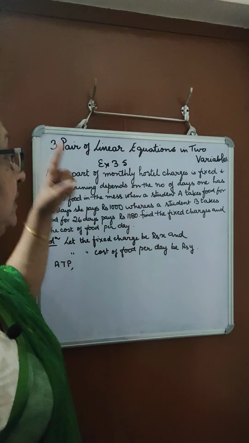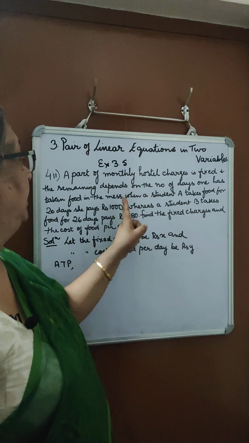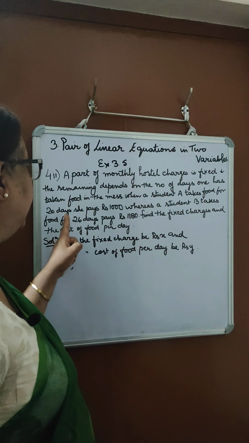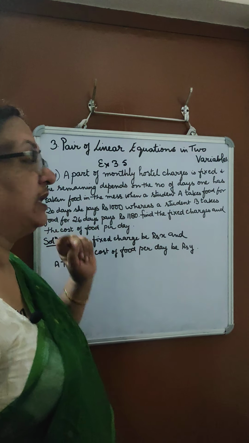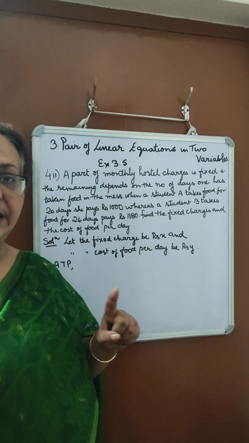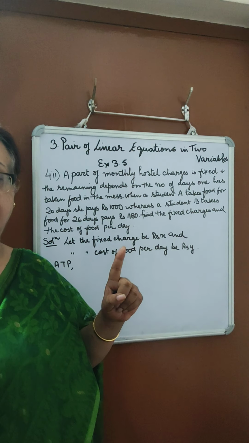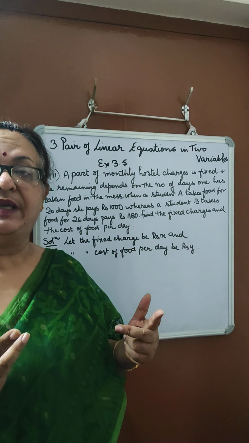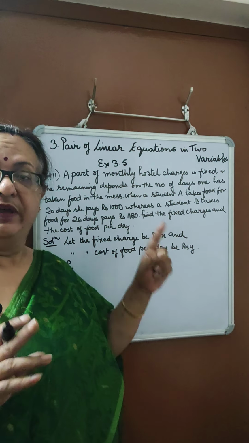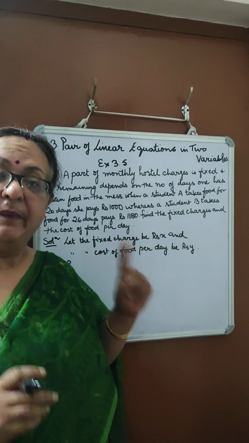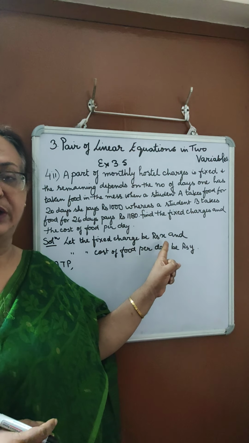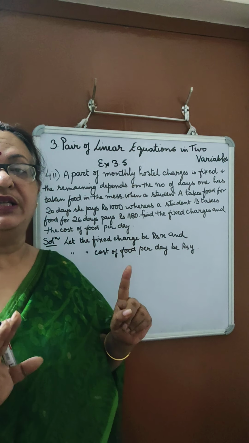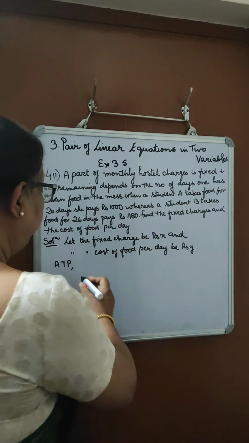How? See the first condition. When a student A takes food for 20 days, she pays rupees 1000. A student takes food for 20 days, but she has to pay the fixed charge. What is the fixed charge? Rupees X. Whether one has food or no food, this charge is fixed. Since she stays in the hostel, this charge is fixed. So what do we have? The fixed charge